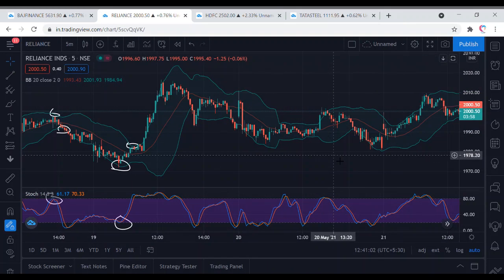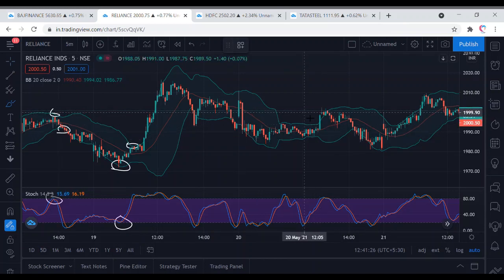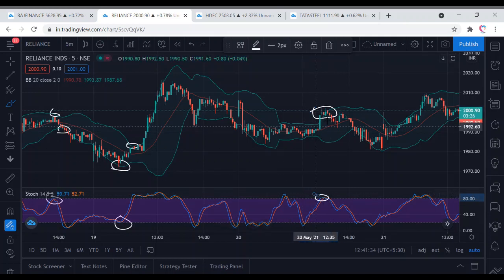So if you go and practice this strategy, what you will see is, when the band is contracted a lot, you won't be getting a signal, and when the band is expanded a lot, you won't be getting a lot of signals. If you look at the chart of 20th May at 12:45, the prices went outside the Bollinger Band. So we will not be shorting Reliance here, even though we have got a short signal and the prices fell. According to our setup, we need the price to stay within the Bollinger Band.